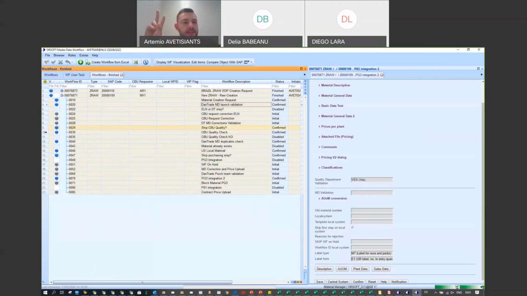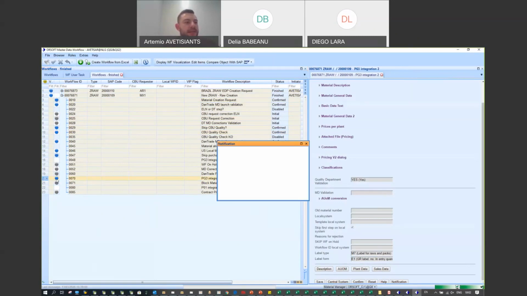So for our SLA, for the DSP team to keep checking these, once it's at our step, we reserve 5 days for non-urgent requests. This is 5 days of total time from us, from the beginning, once it's at our step, up until the generation of the code in general data in PG3. So once it's generated here, let's say within 4 days, that's it. But if it's longer than that,